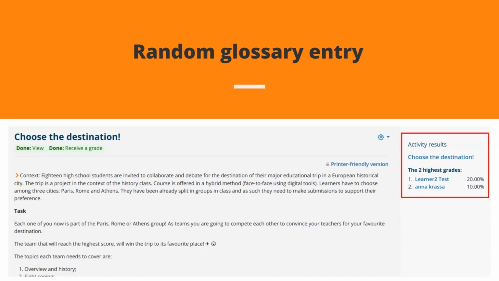And would you now, having seen these examples, would you now use glossary as part of your assessment, whether that's formative or summative? I think we should launch a second poll. Oh, go on then.